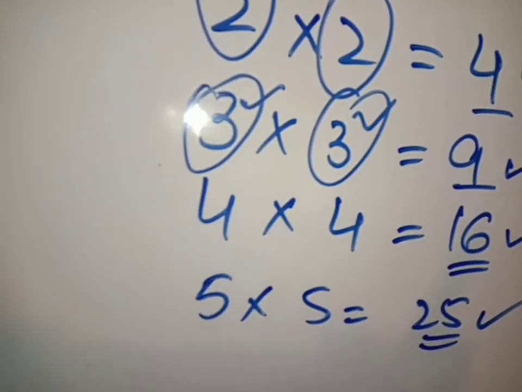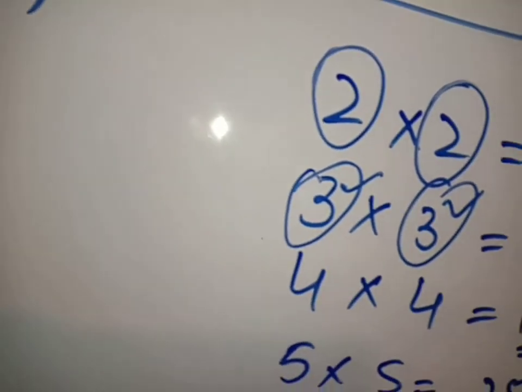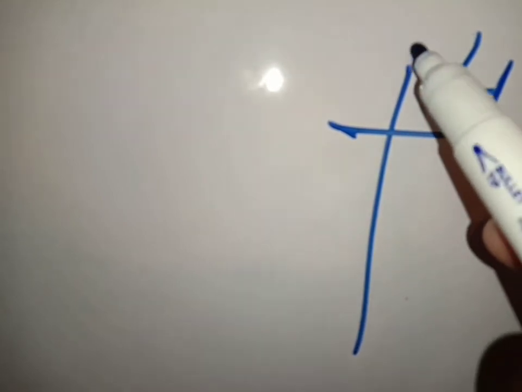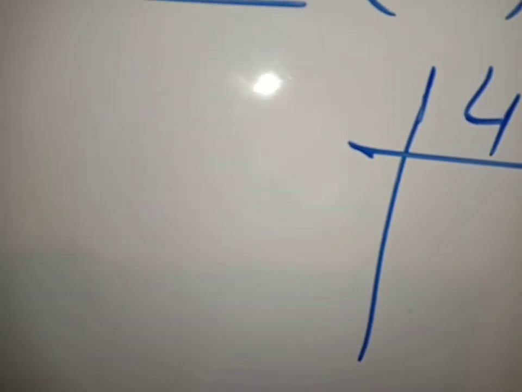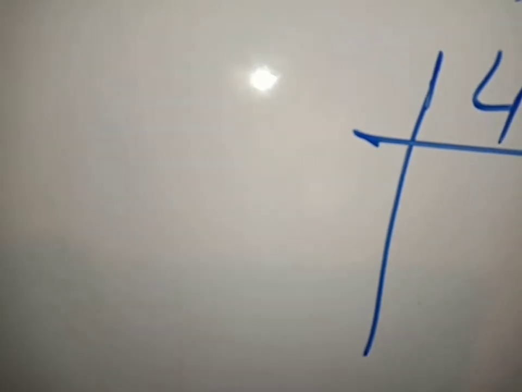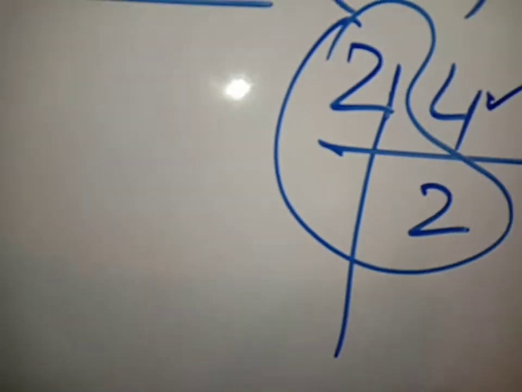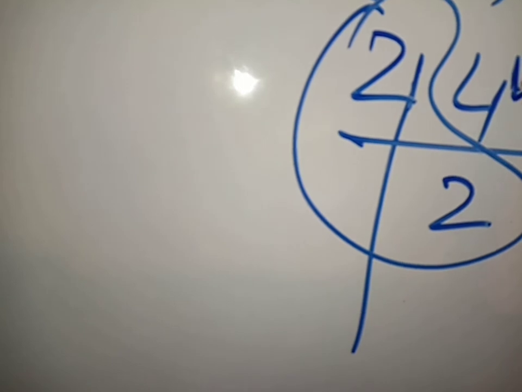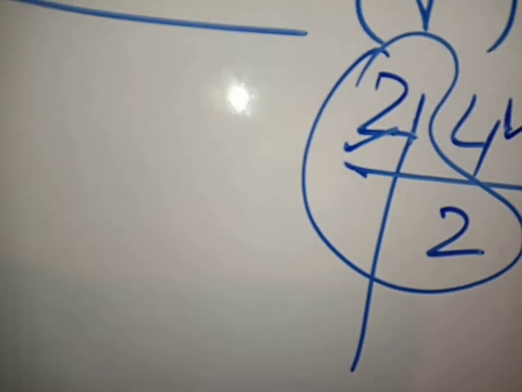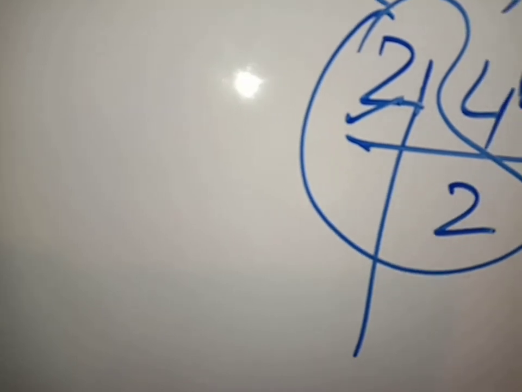So what will be the square root then? A square root is the number that forms a square. So 4 becomes a perfect square because of 2. Because we multiplied 2 with 2, it becomes 4. So 4 is a perfect square because of 2, so 2 will be the answer. 2 will be the square root. Understand?